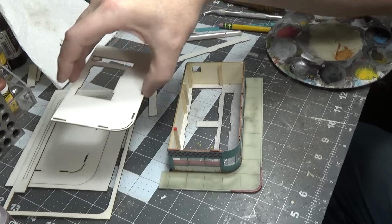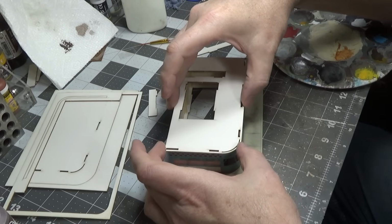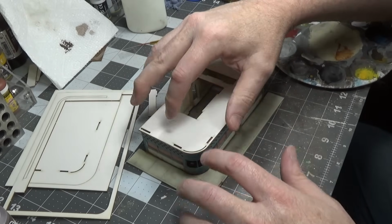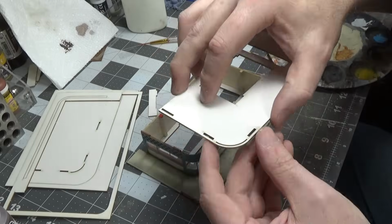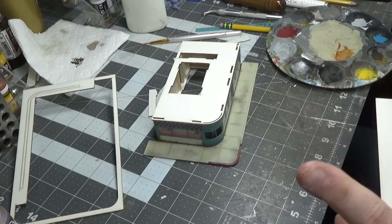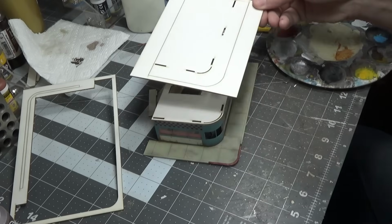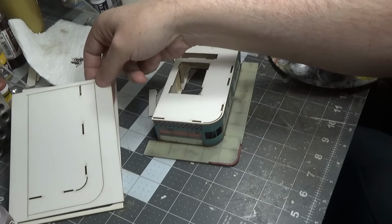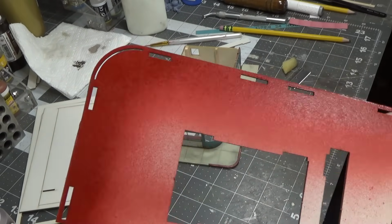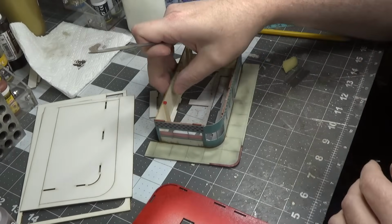Okay, next we need to paint this the teal color, and that gets glued on there. And again, it's a little tricky. You have to line up your tabs, and then that curved section, there's a cutout for it. Let's see. You know what? Actually, we could paint that red. And then there's another one that gets put on the top. Yeah, let's paint this red. Okay, that's painted red. And really you just have to do the edges. Now these tabs,